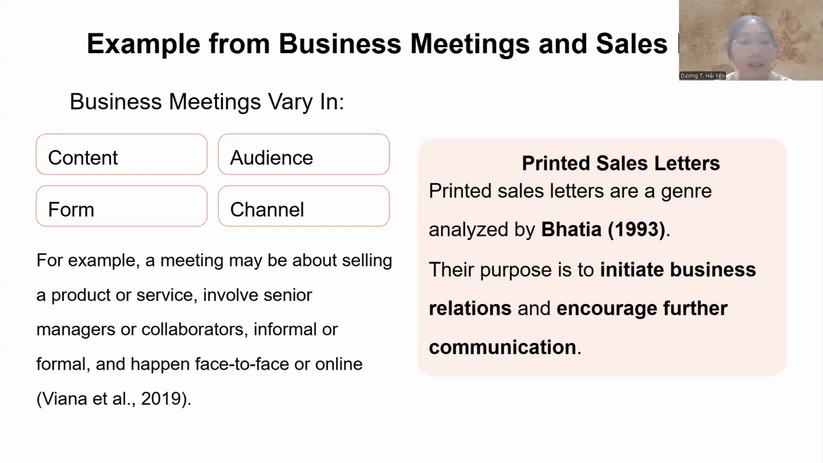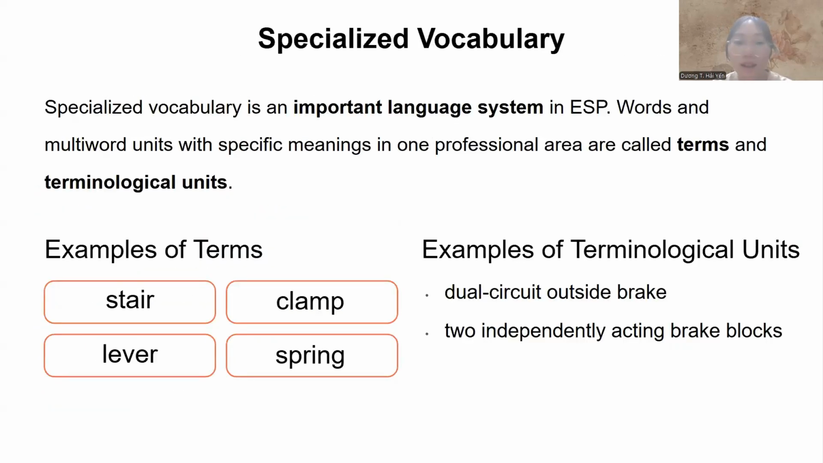And another example is printed sales letters. These are a business genre studied by Bhatia. Their purpose is to initiate business relations and encourage further communication. So in business ESP, learners